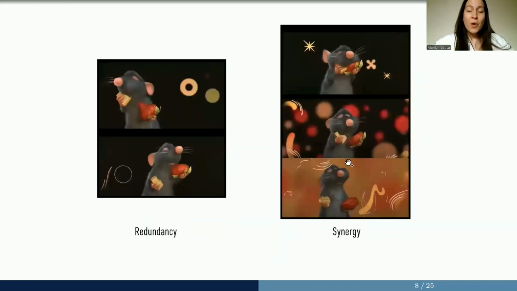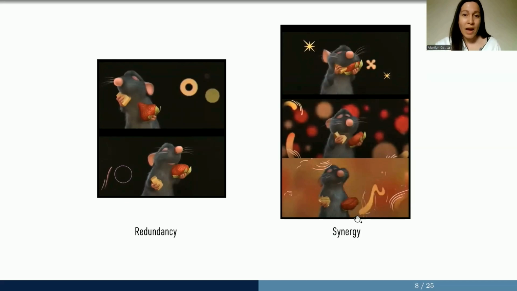So, for example, when we think of Remy in the movie Ratatouille, he was trying to explain this process of redundancy and synergy, trying, for example, separately the cheese or the strawberry. When he did this, he had the same experience in terms of the flavor, the texture, the smell. However, in the other case, when he tried the two of them together, he got this amazing and unforgettable experience. So with these things, we are just trying to explain the concept of redundancy and synergy in terms of Remy's